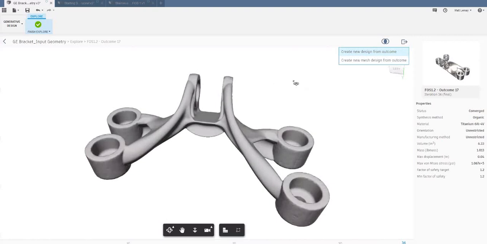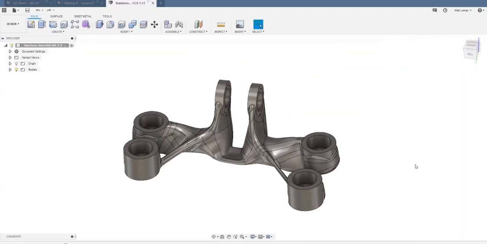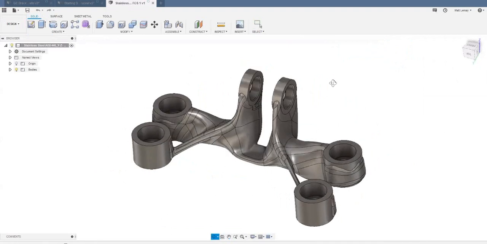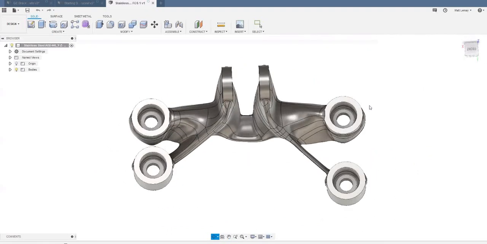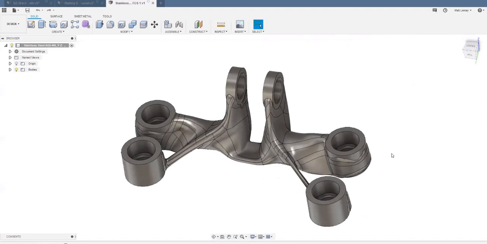So if we create a new file, we can show an example of what one of those outcomes looks like. It moves that file to a separate window within Fusion, and here we can start making adjustments to it. This is one where we were looking very specifically at a subtractive manufacturing case to be milled against this face here, against the Z orientation. So when you get these generated geometries back, again, it's that idea that it's usable CAD geometry that you can